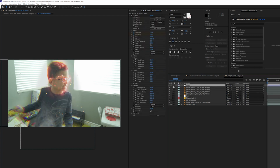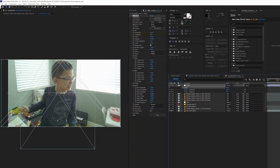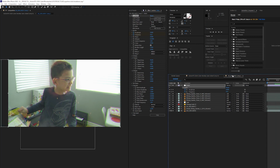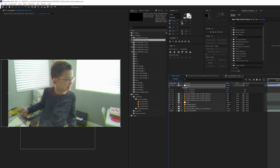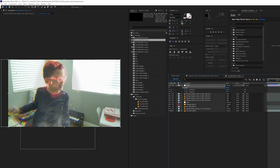And then the last part is I am using Sapphire's Shake effect, and I've keyframed this so that the shake starts before the boiling effect starts, if you will. And so that's this particular shot. Let me go back and enable this proxy so we can see it all play out right here. As you can see, the shake effect starts a little bit before he starts to get a little heated and a little frustrated. And so let's